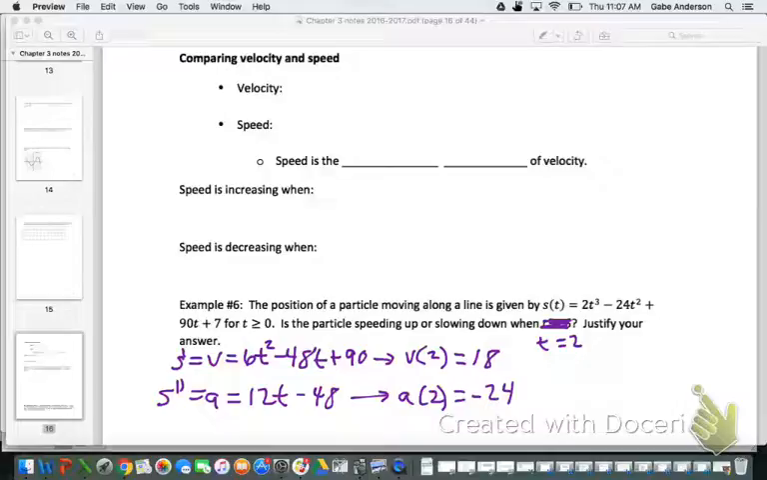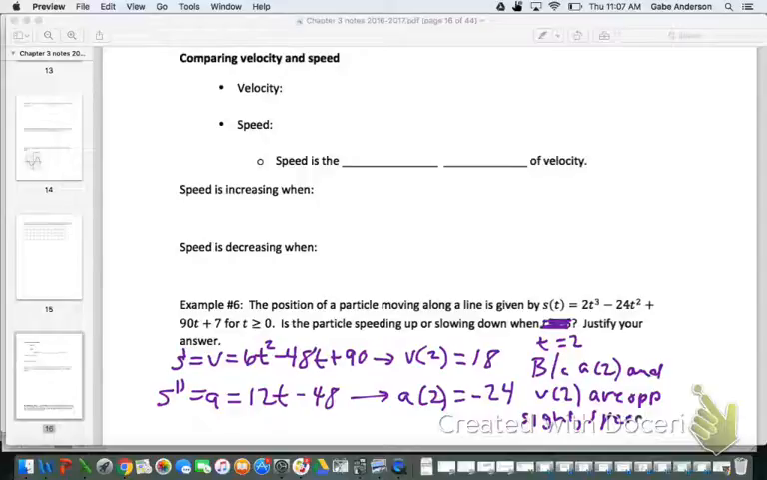I would say for a justification: because a of 2 and v of 2 are opposite signs, speed is decreasing. Could you say s prime of 2 and s double prime of 2? Yep, s prime and s double prime definitely would be acceptable there. Okay. So guys, that concludes